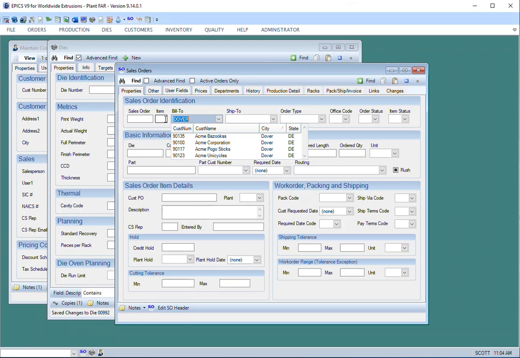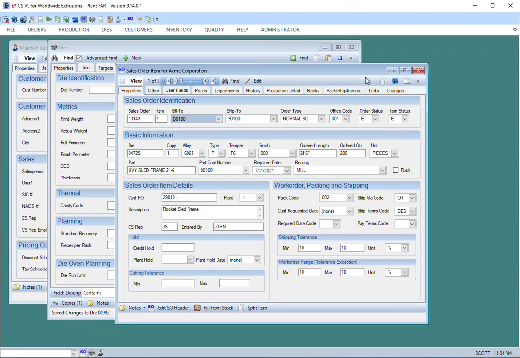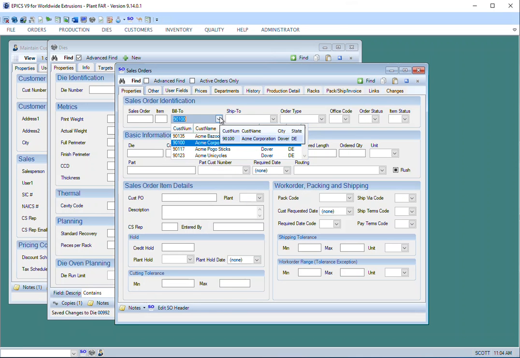So Control L. It searches all 4 columns of the list to find the match. So there is my Dover customer. Okay, and then once again I can choose the value. It pops in now the customer number, and I can use that in my search. Okay, all right, but you can use the Control L within any of your lists to find your data,